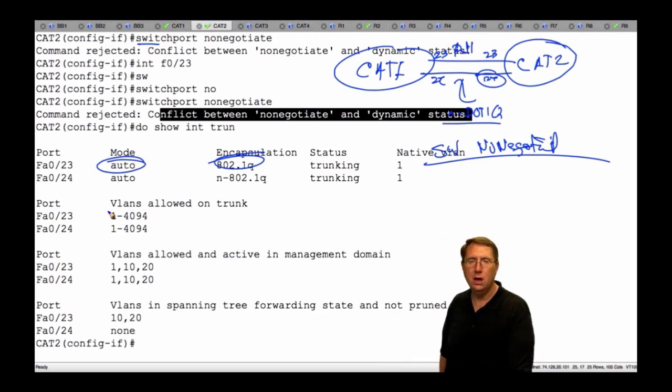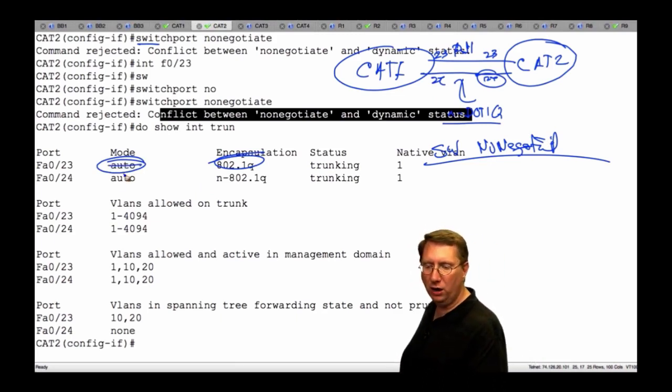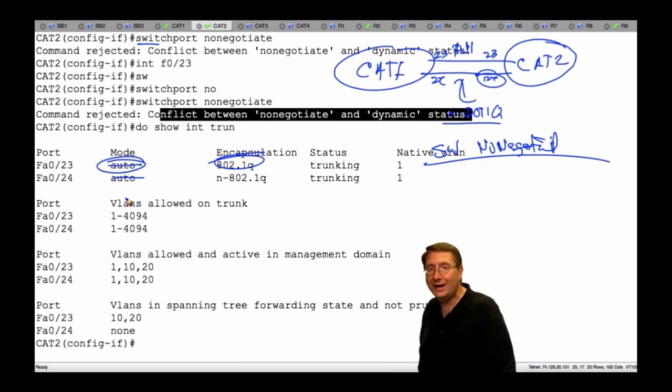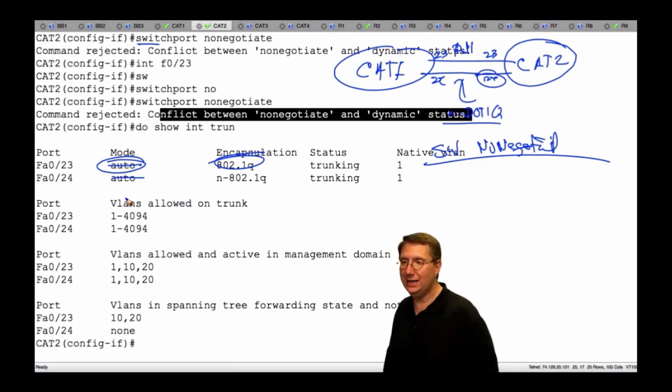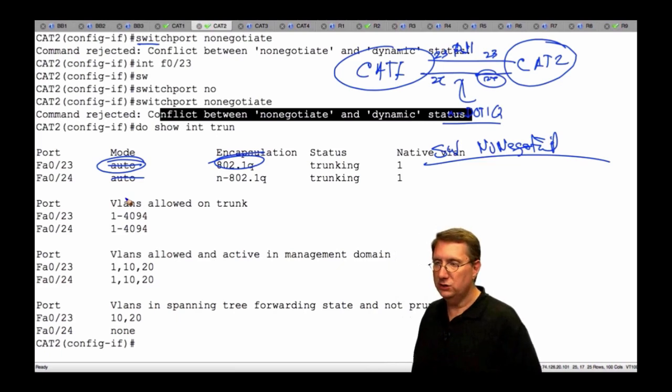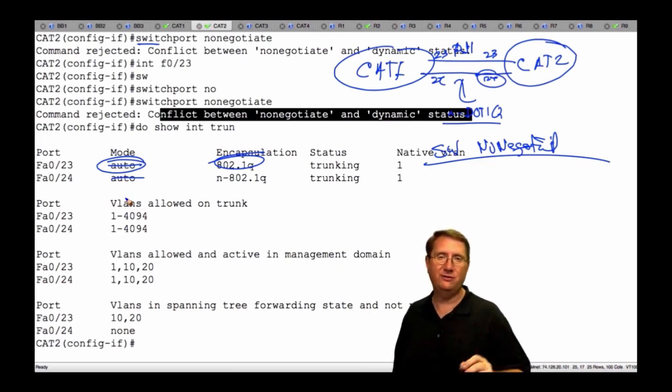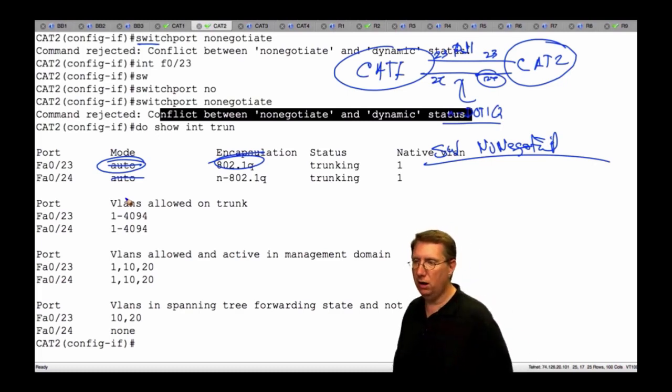We're using auto. So unless I take the port out of auto configuration, I can't turn off DTP. So the only other real option that I have is to shut it down. I could come in and hardwire it, and that's exactly what John's suggesting right here. Encapsulation needs to be defined before I can actually change it. All right, well, okay, the question is, like Manuel's saying, encapsulation needs to be defined for me to change